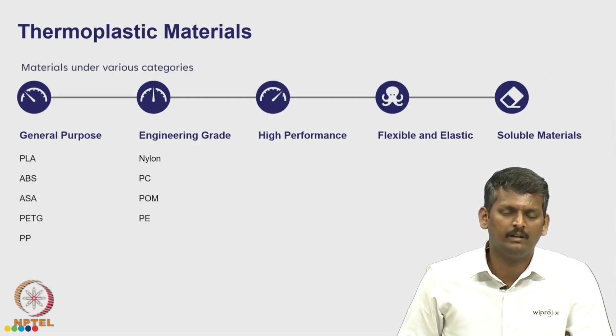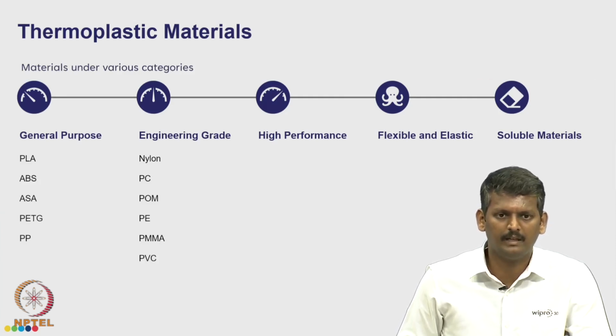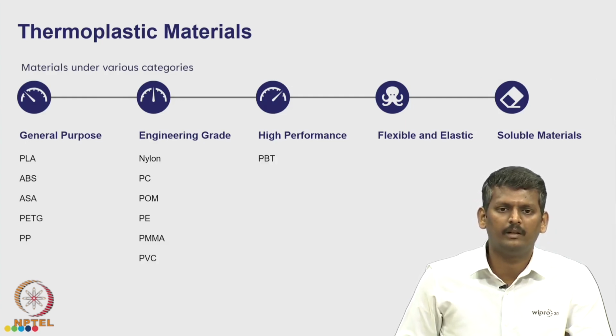This could change between high density polyethylene and low density polyethylene also, and we have PMMA, that is polymethyl methacrylate, which is actually a clear material, that means we could use it for glass kind of structures. And we have PVC, that is polyvinyl chloride, and this material is very common in our day to day life, but in the case of additive manufacturing it is not a very common material, it is at the experimental level only. We could see in the high performance materials, that is PBT, that is